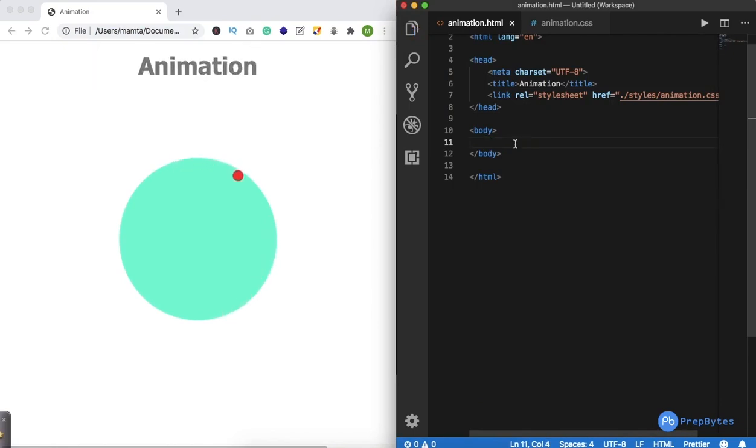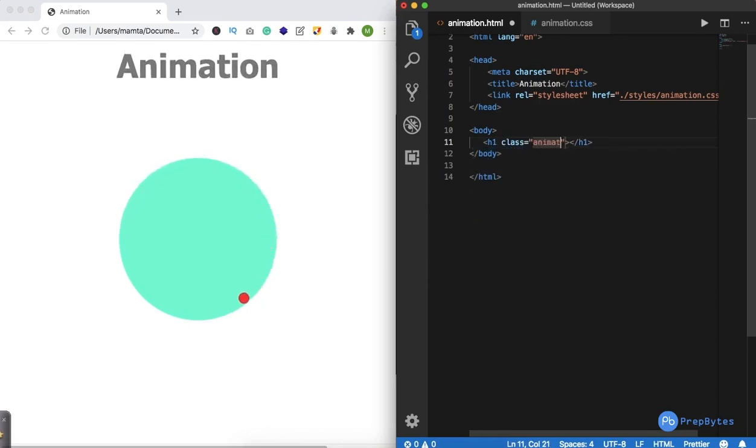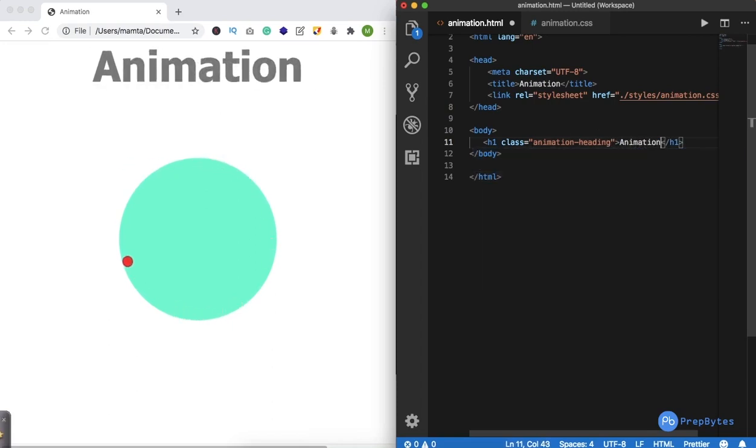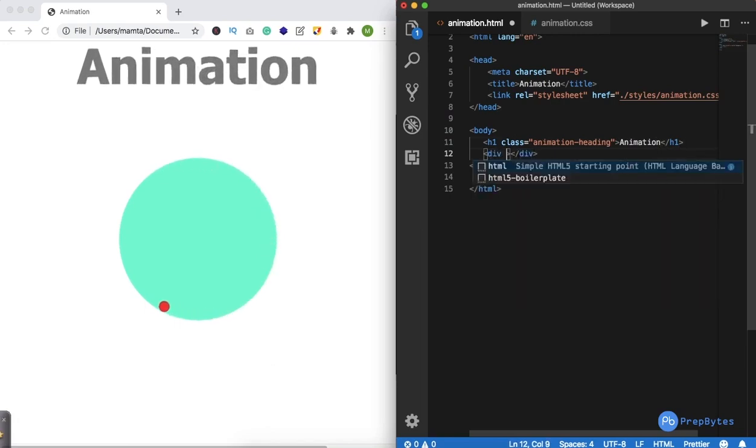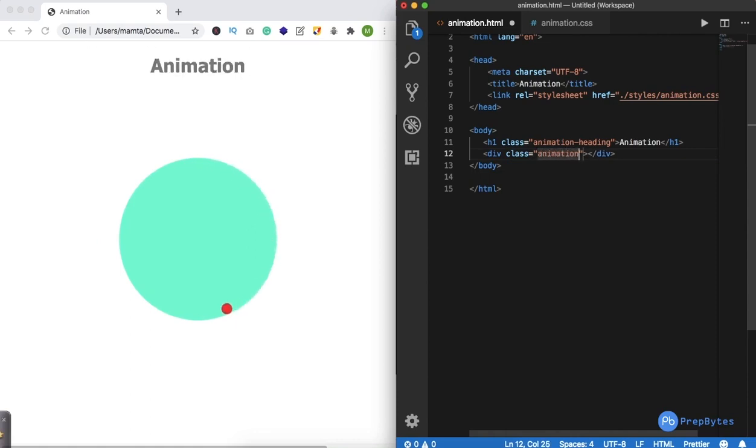So we have an h1, let's name it animation heading, and let's put Animation here. And then we have a div with class equal to animation circle.